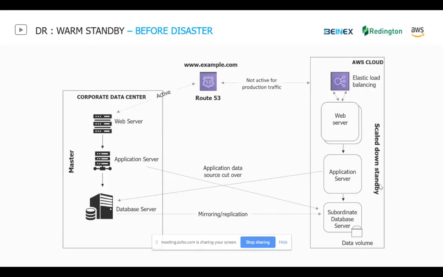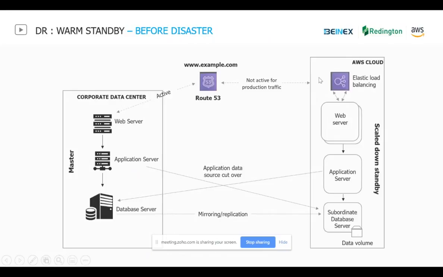I'll have my web server or application server scaled down to let's say 8 cores and 32 GB of RAM. But when disaster strikes, I'll turn this on and then I'll scale that machine. So what happens, you only pay for a scaled down infra. So not paying for 16 vCPUs or 64 GB RAM. You're only paying for 8 vCPUs and 32 GB of RAM all the time. Only when you upscale your resources, you'll be paying based on the utilization.